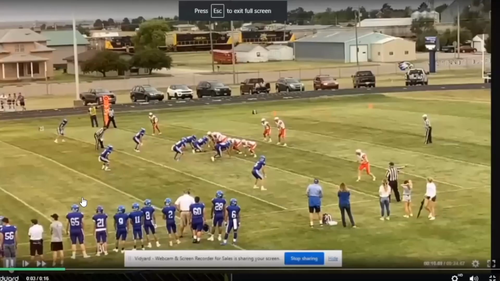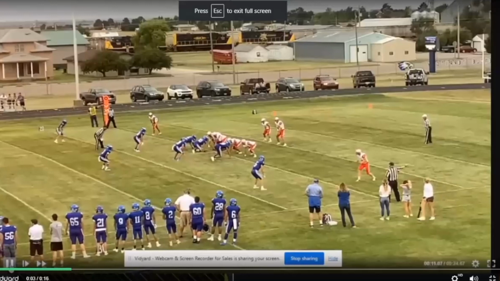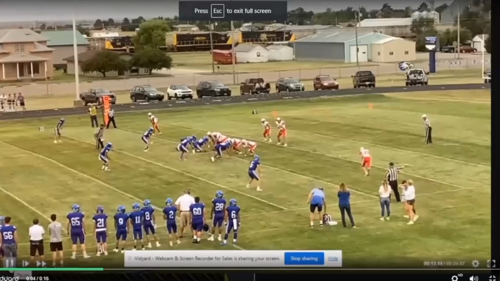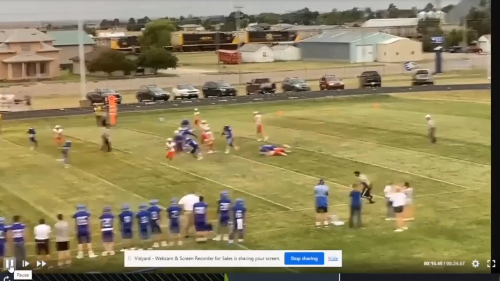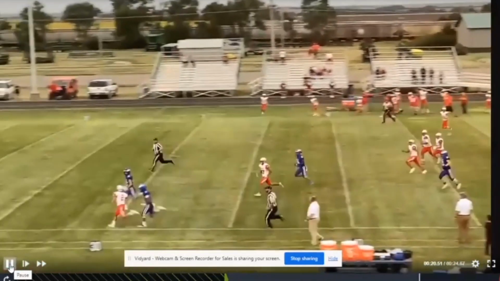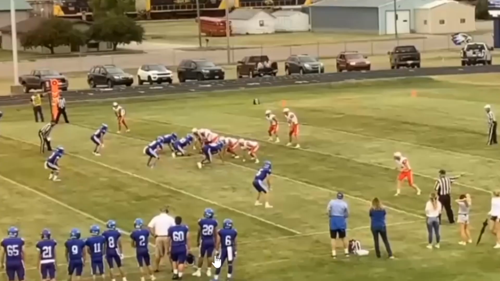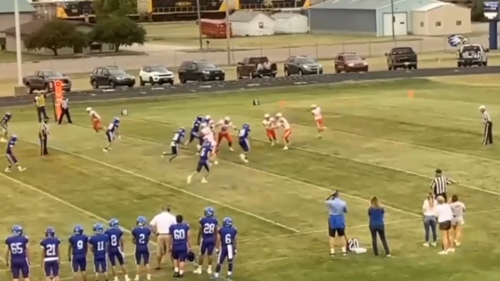This one is another example of a motion. This is another orbit motion, and this is the one I will also talk about later. It's the orbit motion, and then we just run trap back to where he comes from. Obviously it helps to have a really talented tailback, but running that trap back at that motion can be very effective.